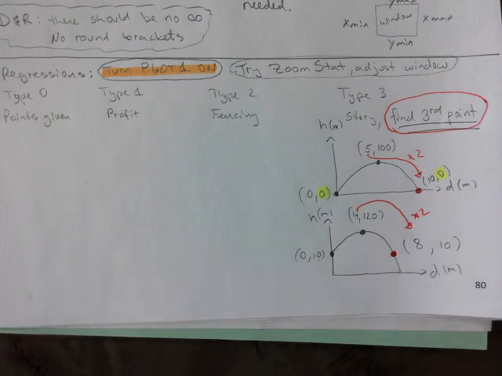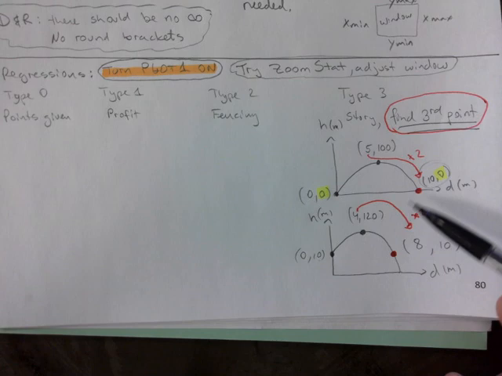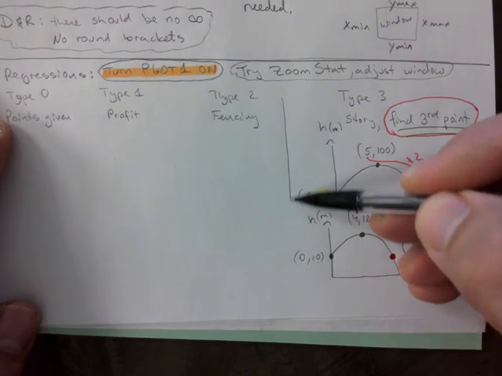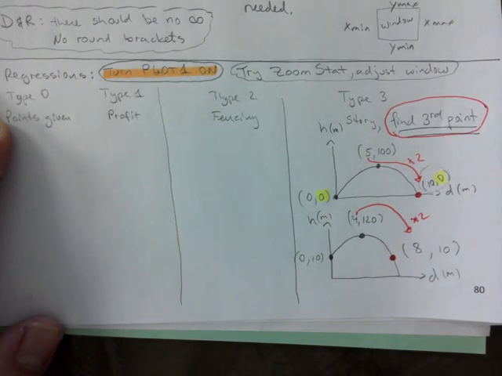And so make sure that you also realize that if you found 10, 0 here, and then later on I ask you how far did the rocket land from the launching pad, and it's already there, and you get a full mark for it, you probably did something wrong with your setup, right? If it's too easy, go back to your original setup. Maybe the point was actually here, not here, that you found. Maybe it was more like this, not like that. So keep that in mind. Domain and range, it goes without saying. Type 2, I'm gonna,